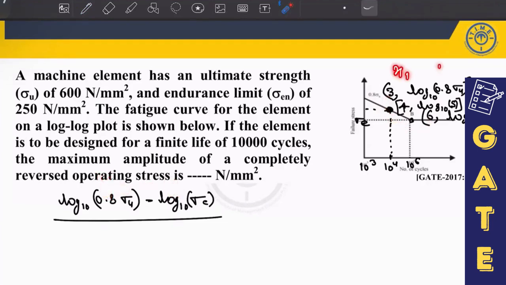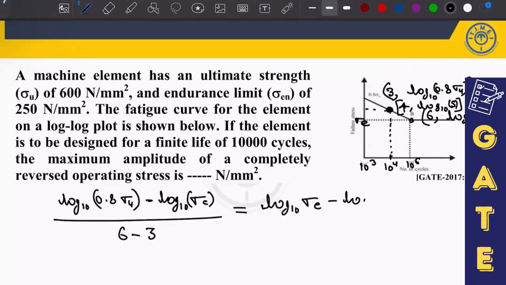So let us suppose these are x1 y1, x2 y2, x3 y3. So what I have done is y3 minus y1 divided by x3 minus x1. Okay, I am just equating the slope only. So this is 6 minus 3. So can I say what about this? Log base 10 of endurance limit minus log base 10 of the strength value, divided by 6 minus